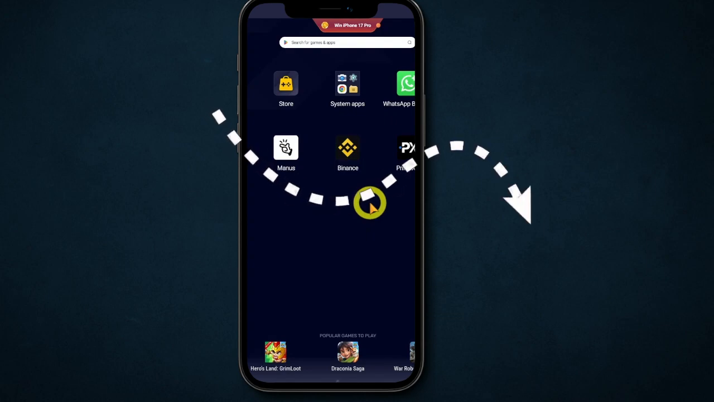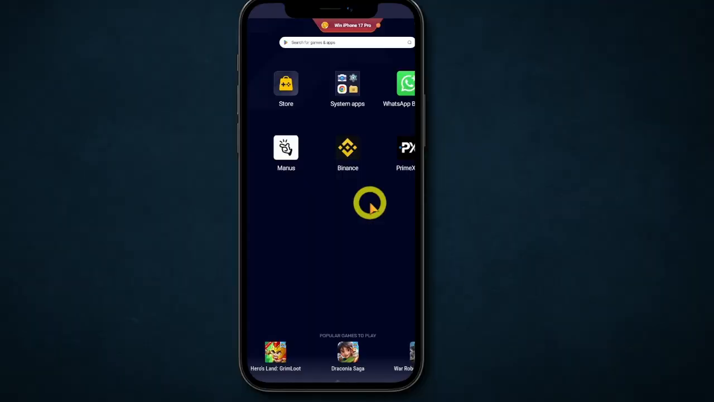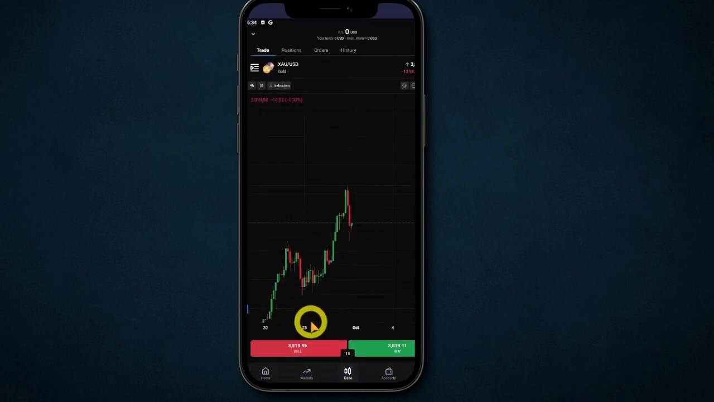To add indicator on PrimeXBT, first of all, open PrimeXBT on your mobile device. Once you open the app, log in into your account with your registered email and password. As soon as you get logged in, now you'll be forwarded to this interface where you'll be able to view